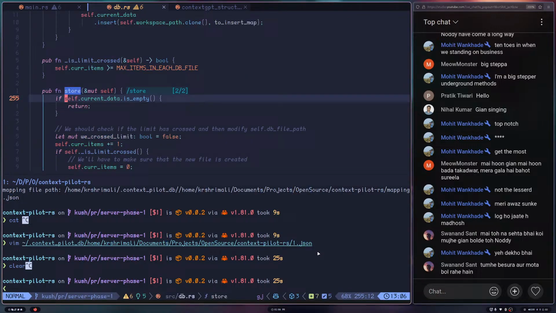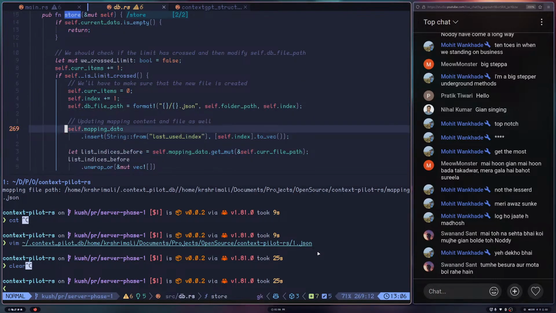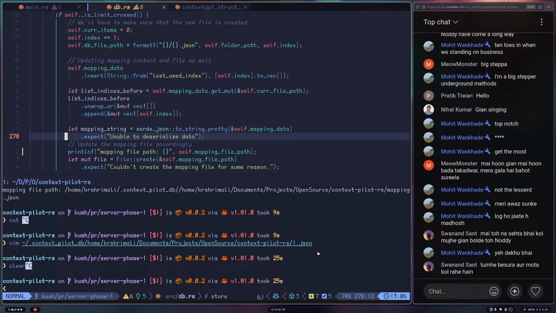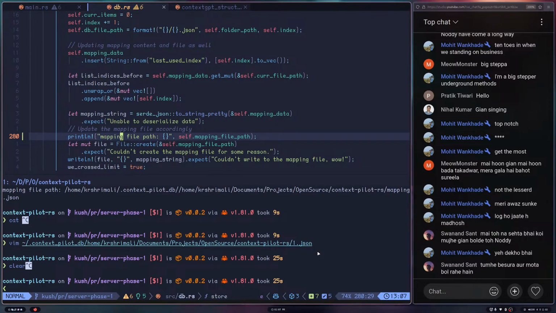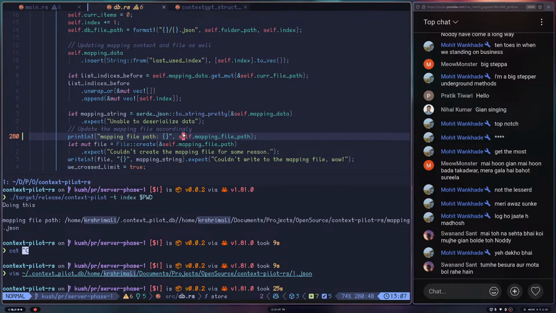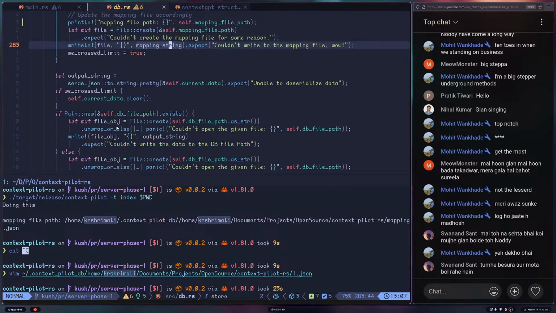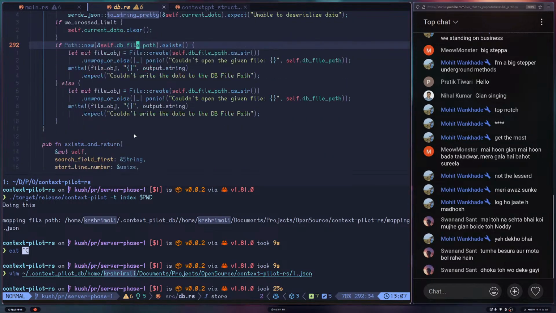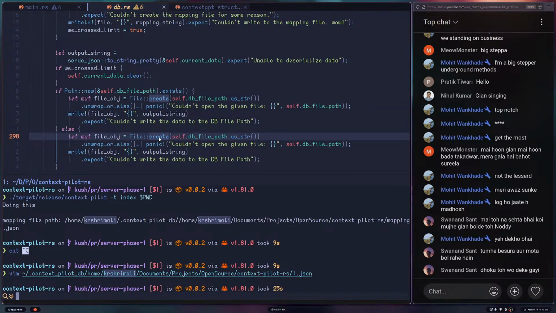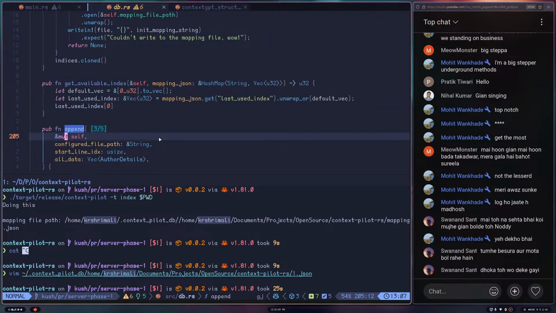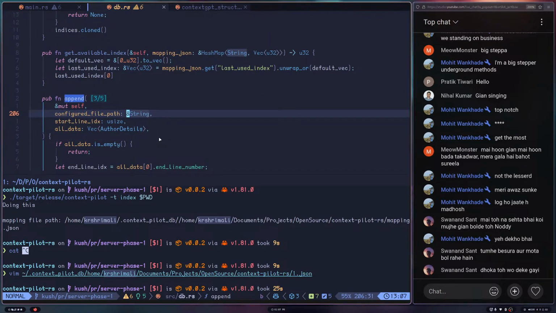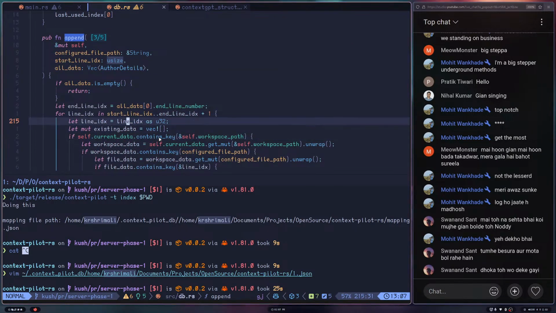Let it go. So over here, now this is important, okay? The problem is, when you create a mapping file path, I think, yeah, this is where you probably print it. I don't know if this is where you print it or not. But we are doing toString pretty, we are doing all of those things. Point क्या बन जा रहा है ना? Append. So when we are doing append, probably, this configured file path,